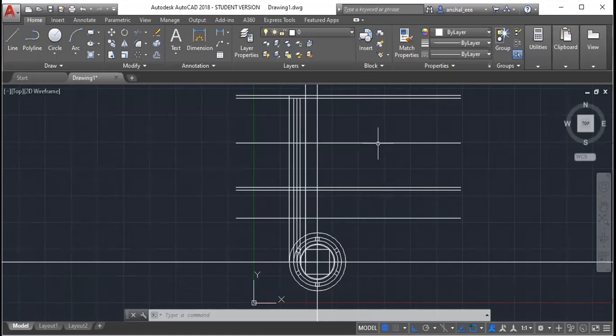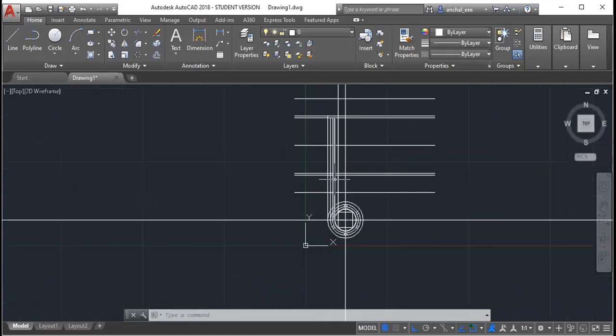Then from the center of the line, draw the window height. The window height is 220. So 110 up, 110 down. Then the height of the winding is 208. That is 104 up and 104 down. So you will get all these parallel lines. Is it okay now? Anybody having doubt here?